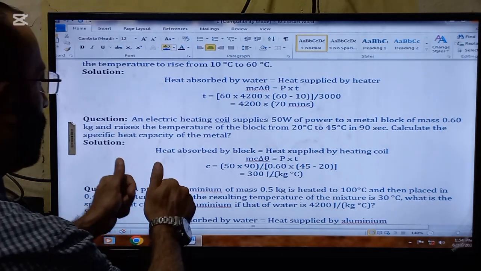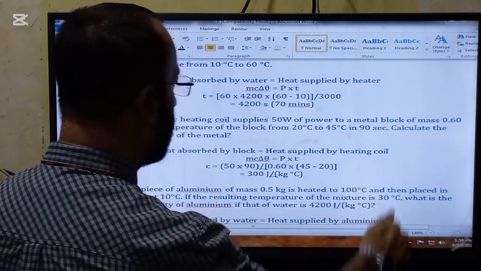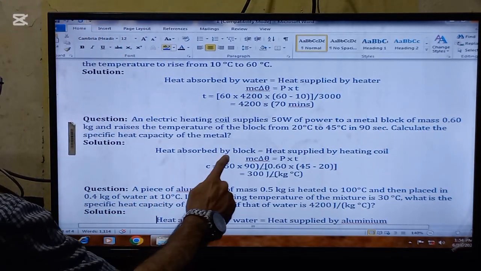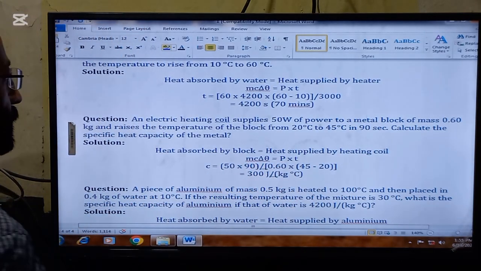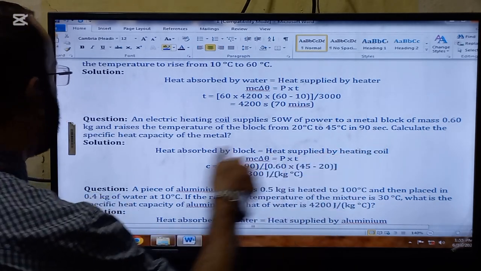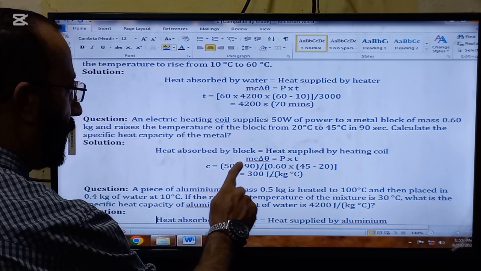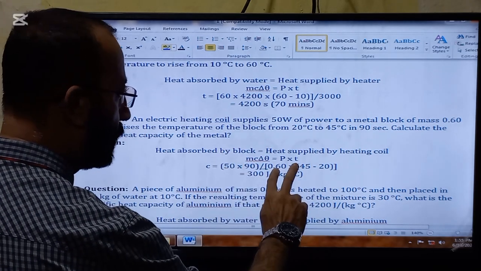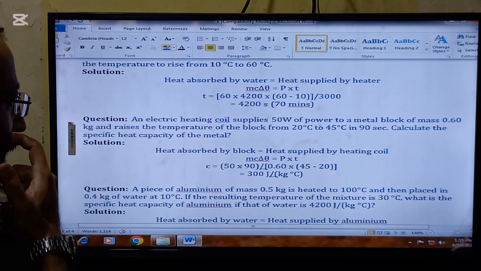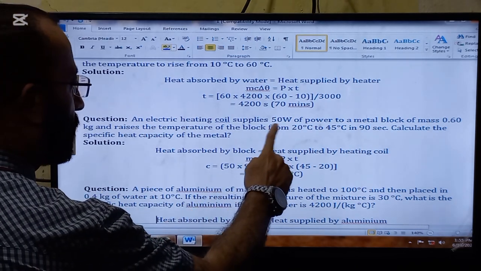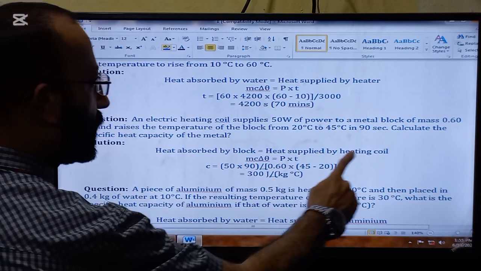So look now, heat absorbed by block will be equal to heat supplied by heating coil. Heat absorbed by the block, mcΔθ, will be equal to Pt. Now specific heat capacity is the requirement, so this c will remain here, m and Δθ will go to the denominator of Pt. So now this P is given, that is 50 watt,